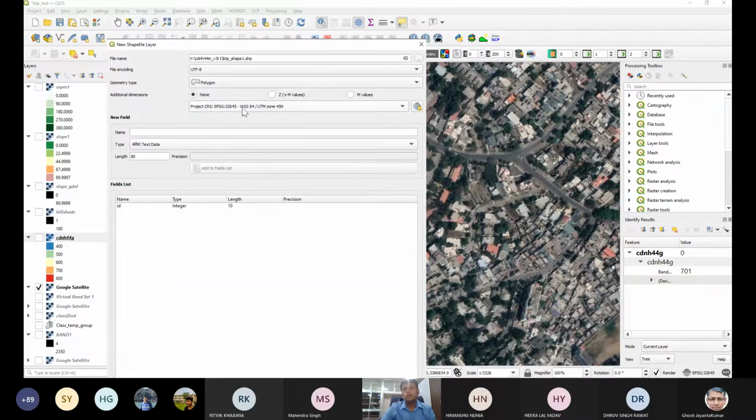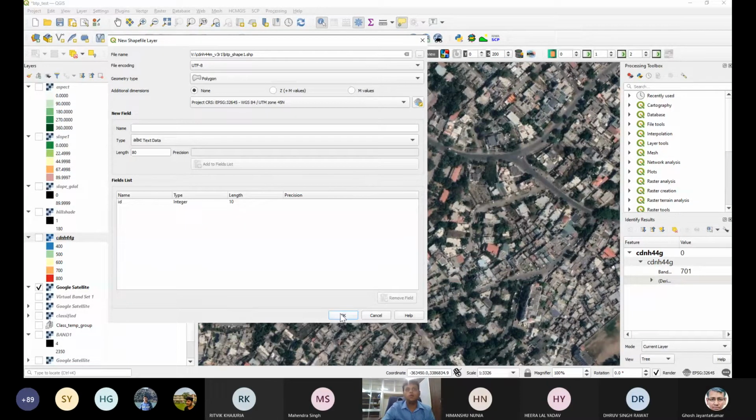If you can see here in the bottom right corner, EPSG 32645. So all the layers have the same coordinate system, and we also want to say that we are creating a new vector file, and it has the same coordinate system as well. Rest of the things we can skip, and we say okay.